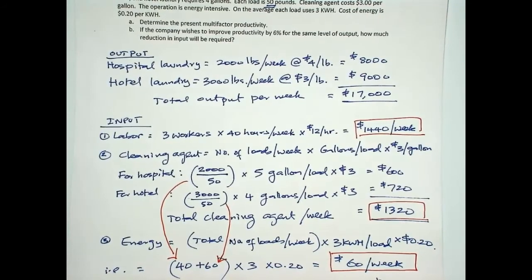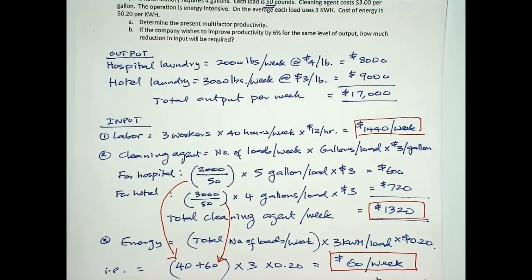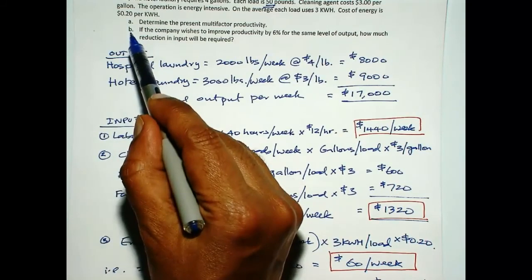Now how many decimal places you should keep? Well, there is no single answer. This is not an accounting class where you keep 2 decimal places. It depends upon how big the number is. Smaller the number, the more decimal places you need to keep. So here, especially in productivity computations, I would keep like 4 or 5 or even 6 decimal places. Okay, we'll do B in the next video.